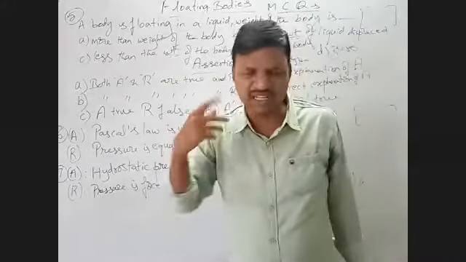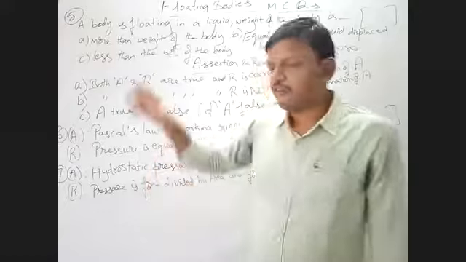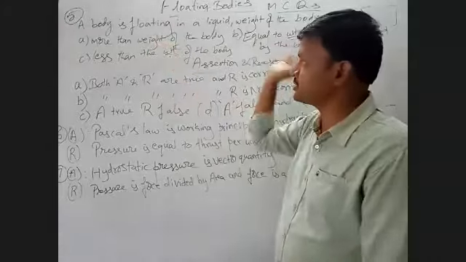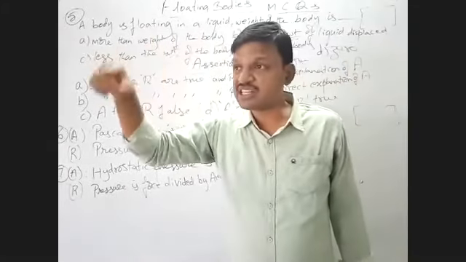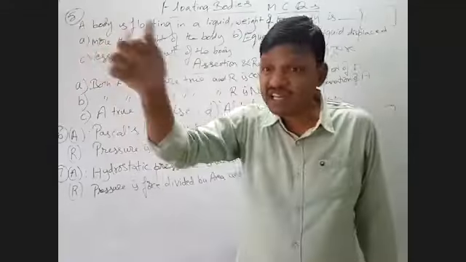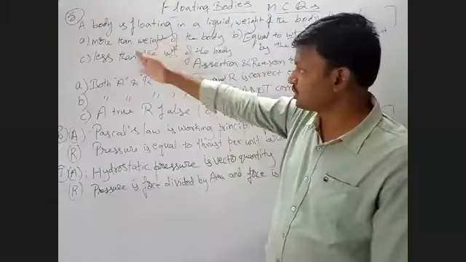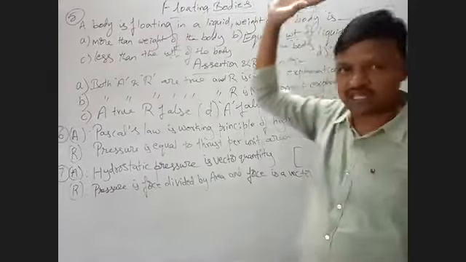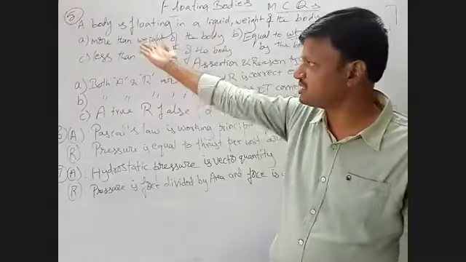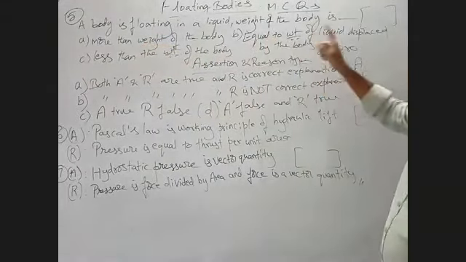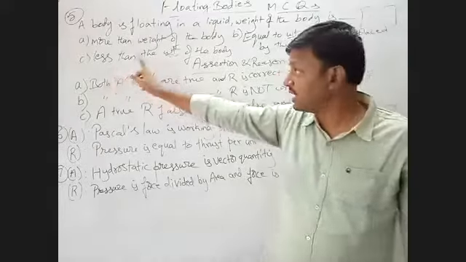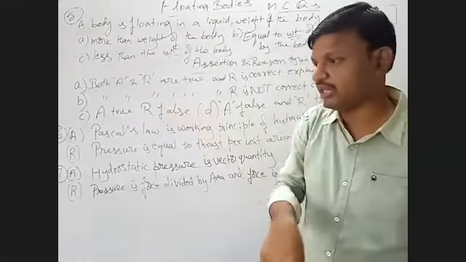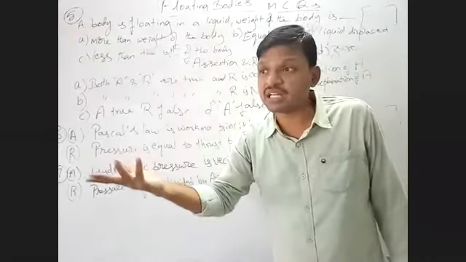What he is saying is that when it is floating, the meaning of this choice is that its weight when it is in air is more than when it is floating. Is it correct? No. That is the meaning of more than the weight of the body. The question: the body floating in the liquid, weight of the body is the first option. Then the second, equal to weight of liquid displaced. Then the third option, less than the weight of the body. Of course, less than the weight of the body is correct, but there is a more appropriate answer.